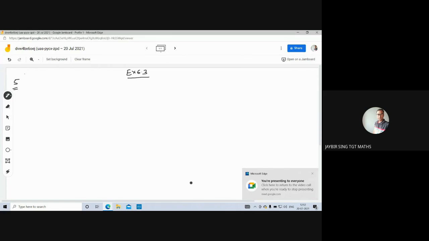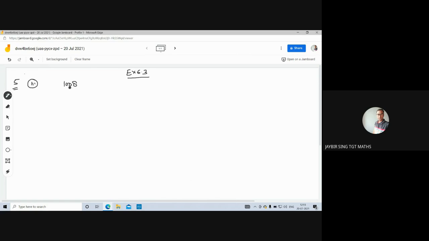We are doing exercise 6.3, question number 5 onwards. Question number 5: for each of the following numbers, find the smallest whole number by which it should be multiplied so as to get a perfect square. Also find the square root of the square number so obtained. I am taking the third part of it. We have to find by which number